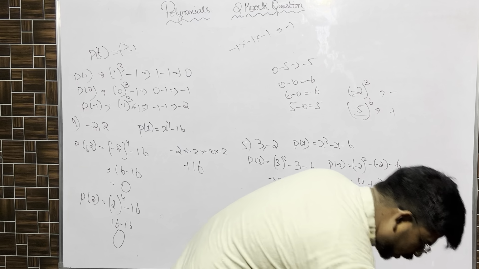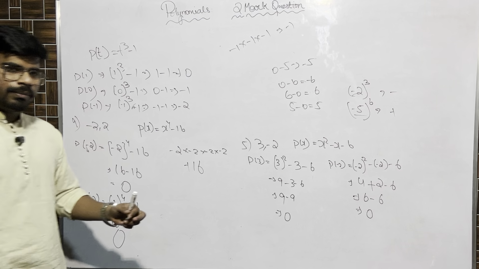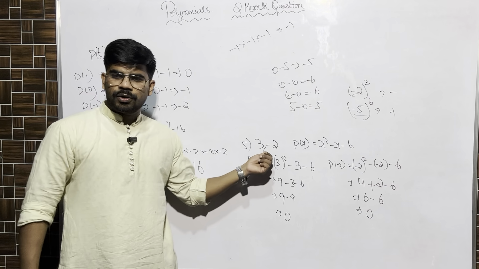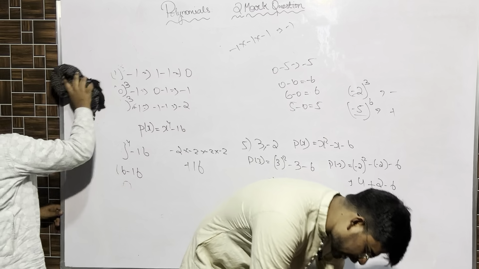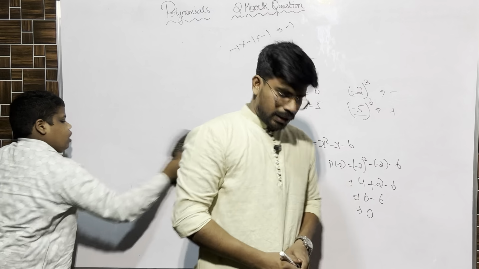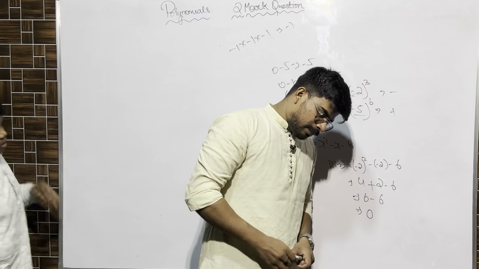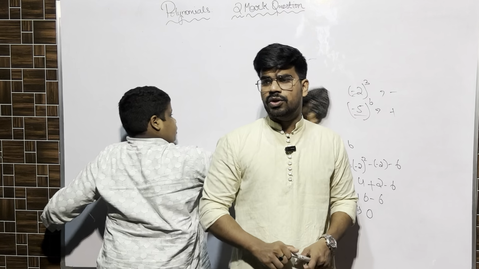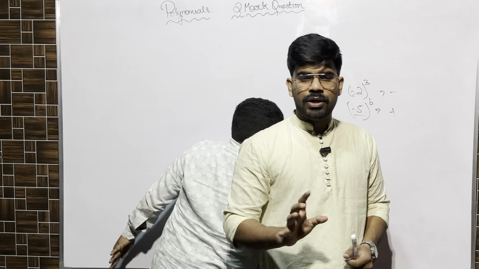And now, as of now, you won't have difficulty solving these kind of questions. You will have a problem only when, in place of these values, you have fractional values. For example, in exercise 3.2, question number 4. Take out exercise 3.2, question number 4. We have to check whether minus 1 and 1 by 4 are zeros. While substituting the fractional values, you will get confused. Same question. When can we say that it is 0 or not?